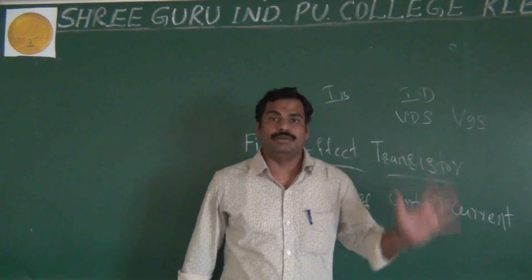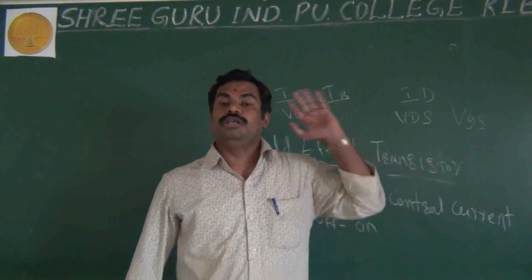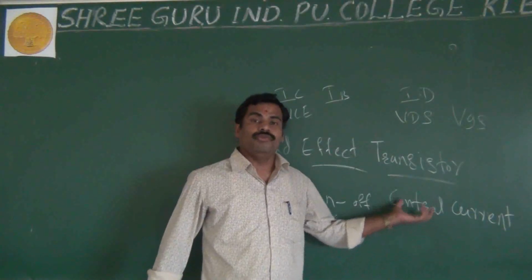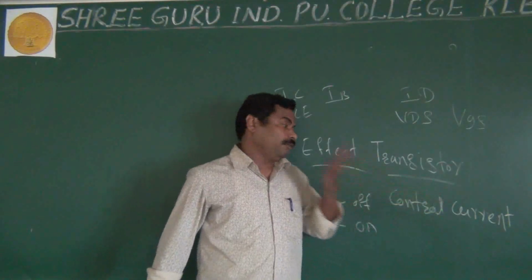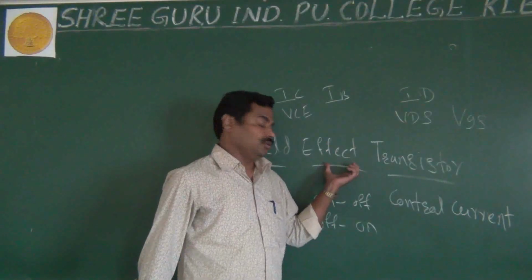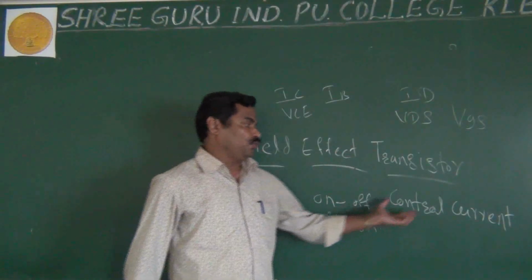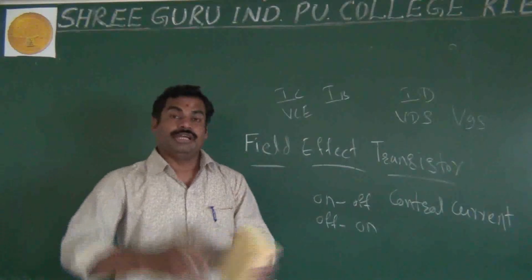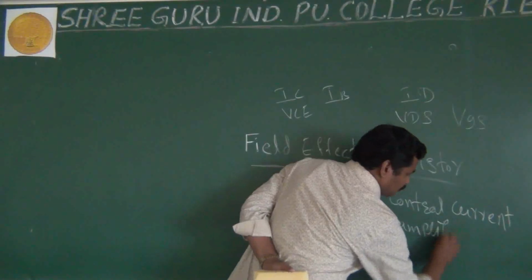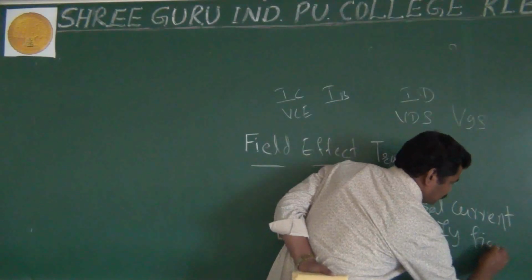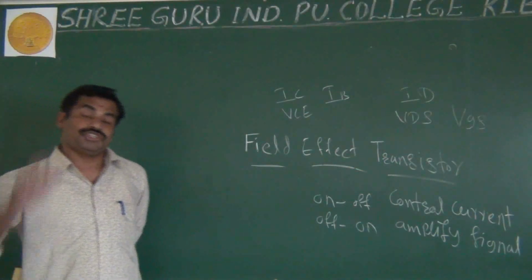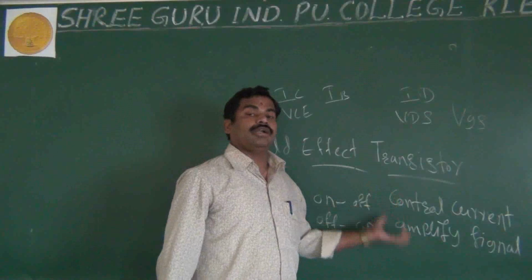That's why overall all electronic devices prefer semiconductors. Why do they prefer semiconductors? Because in a semiconductor we can control the current. The most important things in all electronic devices are to make it on or off, to control the current, and also we can amplify the signal, or we can convert a signal from one form to another. All this comes only under electronic devices.